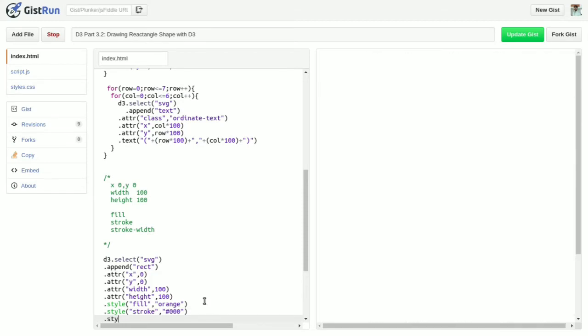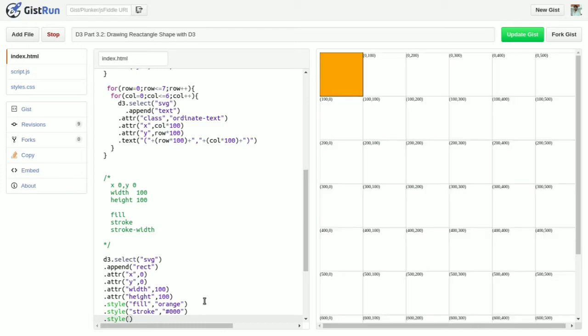Now if I want to increase the border width of this square, then I will write stroke width equal to 2 pixels. As I increase the width, your square's border width will be increased.